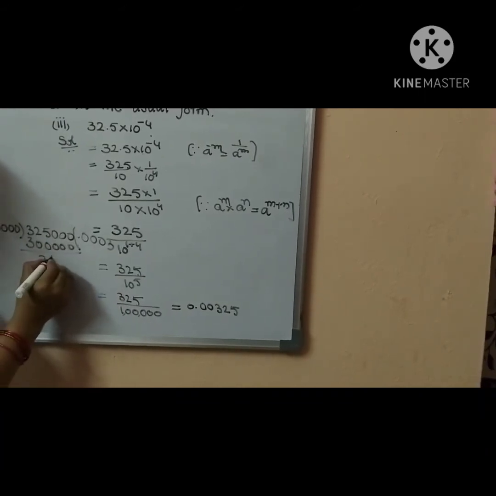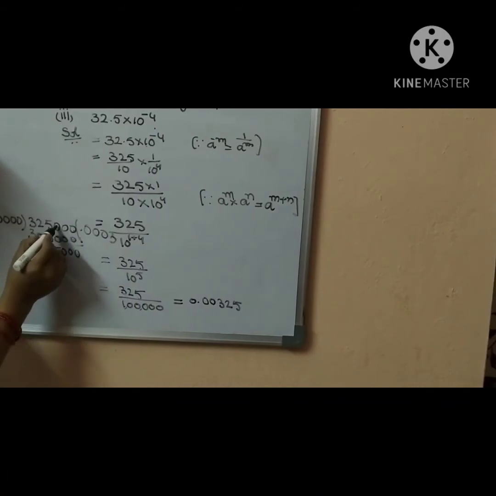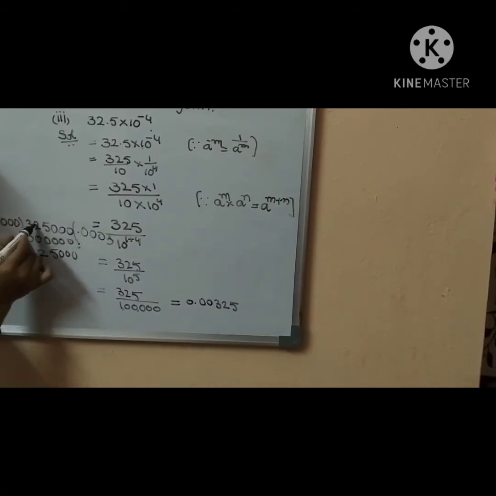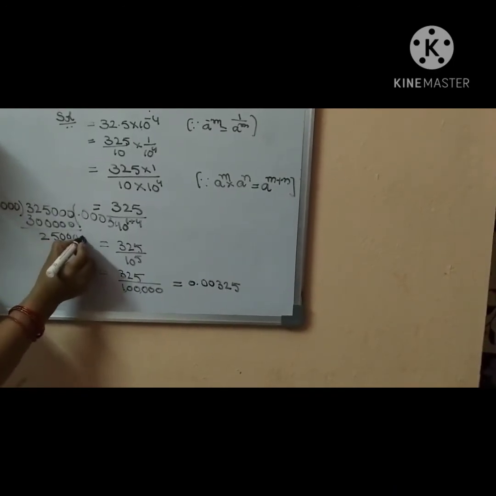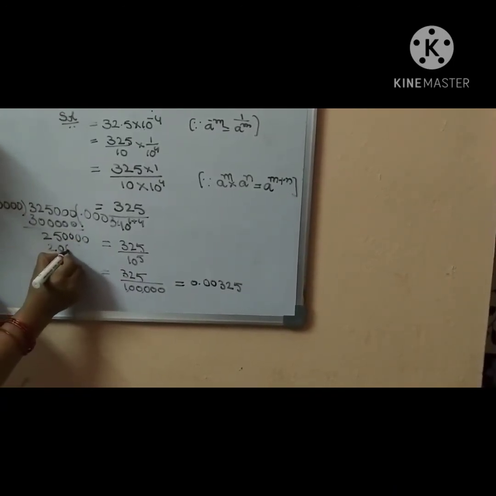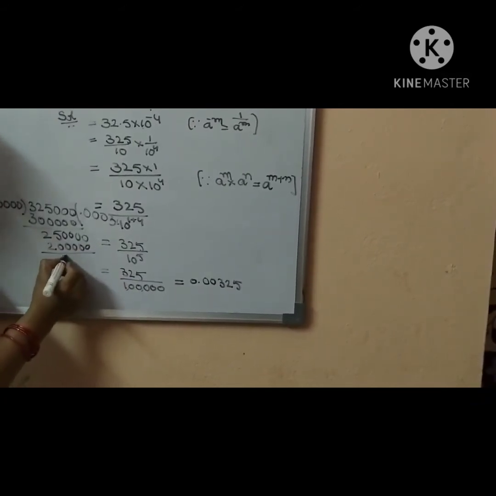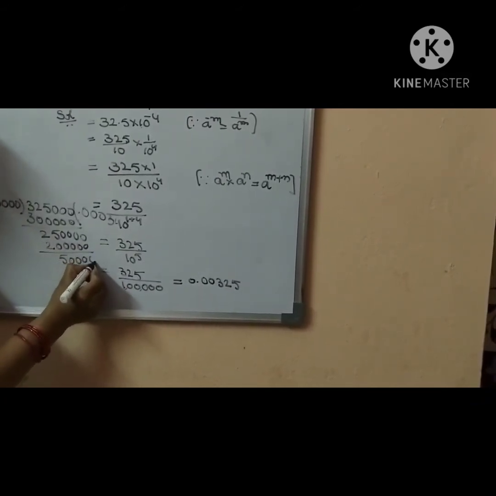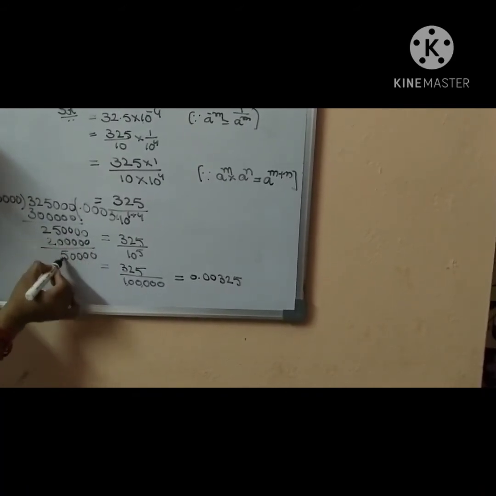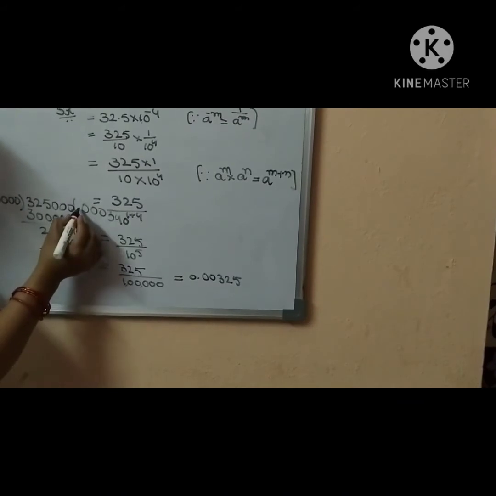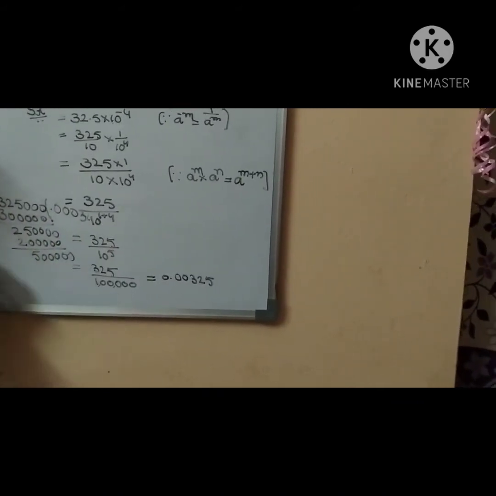Remaining 25,000. So 0 minus 0, 0, 0 minus 0, 0, 0 minus 0, 0, 5 minus 0, 5, 2 minus 0. So again we should keep the 0 and 2 times 2 lakhs. 2 into 1 lakh equal to 2 lakh. It means again 50,000. Subtraction means 0, 0, 0, 0, 5, 2 minus 2, 0. So already we keep the point and take the 0 5 times. Okay, like this.